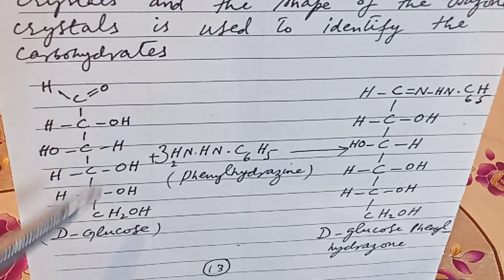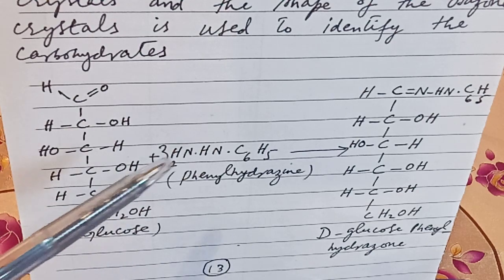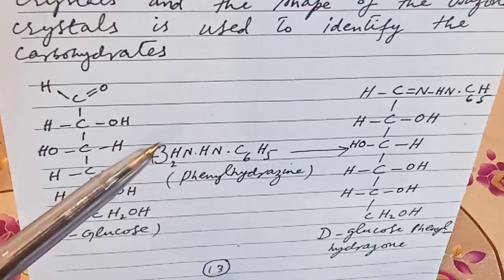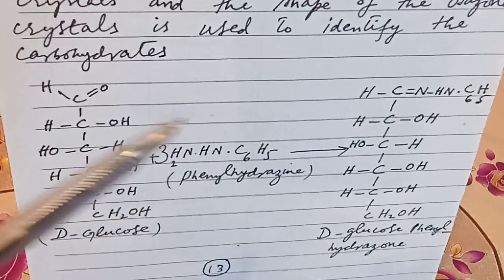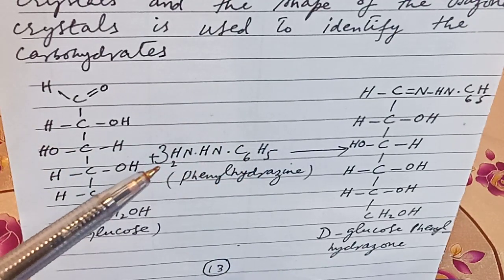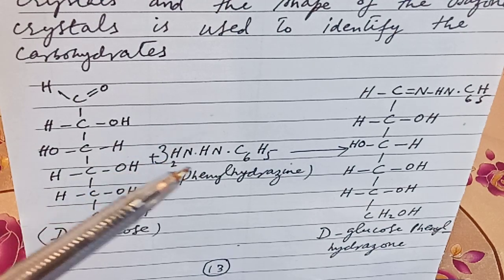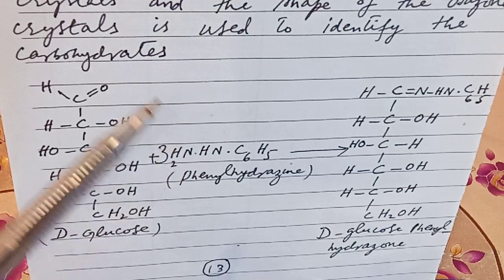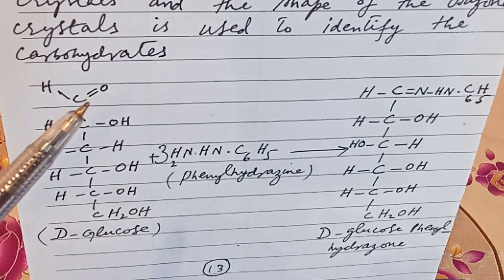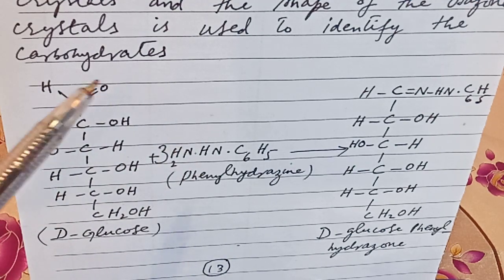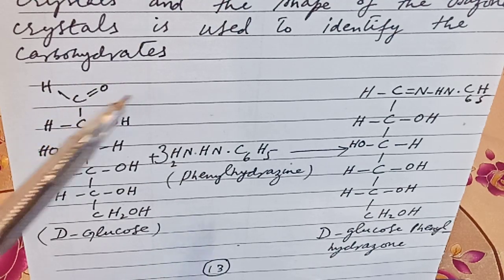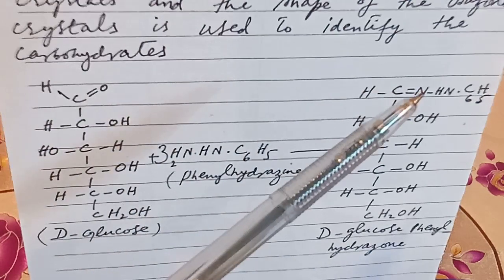Now understand this chemical reaction by explaining this reaction. This is the structure of the D-glucose. 3 molecules, okay, understand here. The 3 molecules of phenylhydrazine C6H5NH2, 3 molecules will react. So first of all, the first molecule of phenylhydrazine C6H5NH2 will react to the first reducing sugar group, the aldehyde group, the carbonyl group of the aldehyde. The carbonyl group oxygen first of all will react with the first molecule of phenylhydrazine.